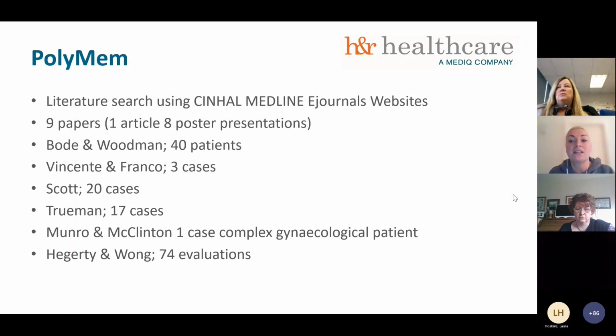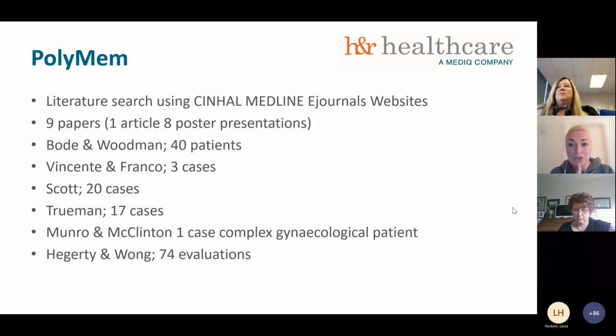57.5% of patients expected to develop a radiotherapy-induced skin reaction didn't. So those ones that didn't need to go on and have PolyMem dressings, they didn't develop a skin reaction despite expecting that they would, despite identifying that they would be the category of patients that would after the use of the barrier film. The Vincent and Franco case, so 3 cases, not a massive group of patients, but they reported